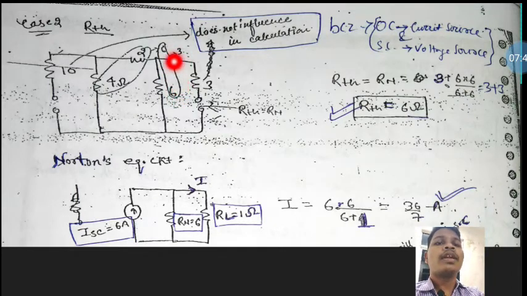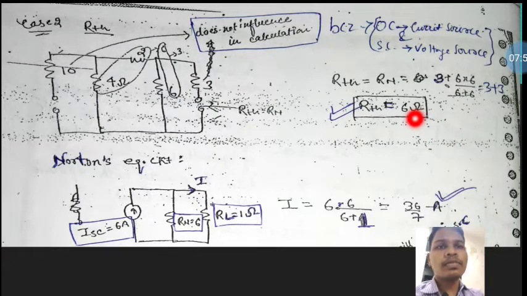So that 3 ohm and this 3 ohm, how much? 3 plus 3, because of series connection, that is 6 ohm. Is it understood? If it is not clear to you, then ask me in the comment section. So this Thevenin's resistance is 6 ohm, and Thevenin's resistance is also the Norton resistance. It is equal. But Norton current and the current in the Thevenin's calculation are not the same.